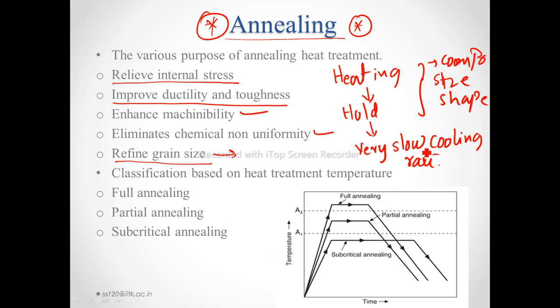It all depends upon these factors, but this is a common, general method that can be employed in all types of annealing heat treatment processes. This annealing heat treatment can also be classified on the basis of